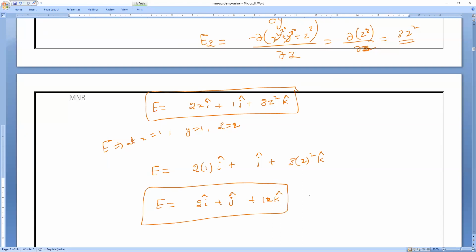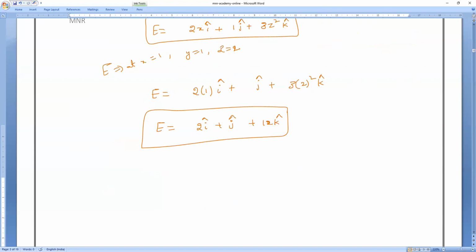Now you want to find the magnitude. What is the magnitude of the gravitational field? Anybody can tell? What is the magnitude of